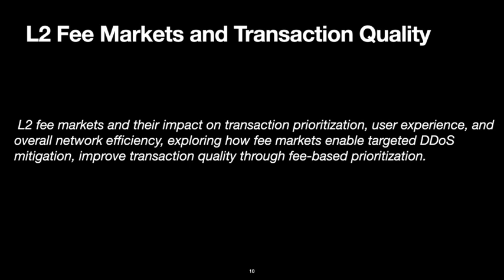And by transaction quality, I'm really referring to the spectrum between a pristine transaction, which is a single atomic transaction that is very cheap to execute and is included effective immediately, versus a series of complicated transactions that are expensive to perform and atomicity is not guaranteed. And most transactions, or most series of transactions as a subset, sort of lie somewhere in between.